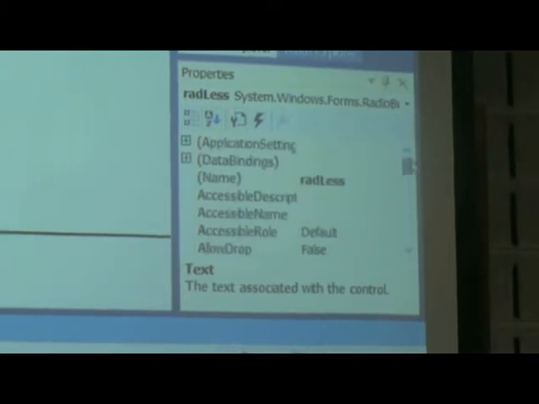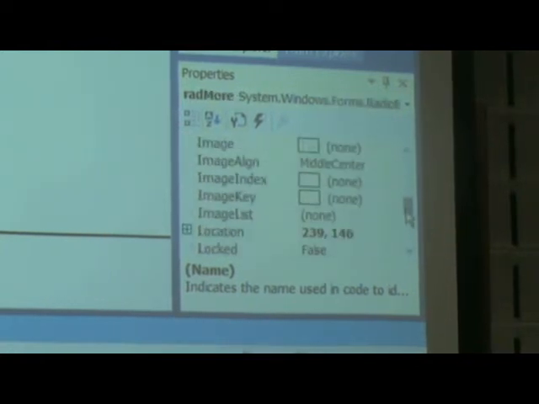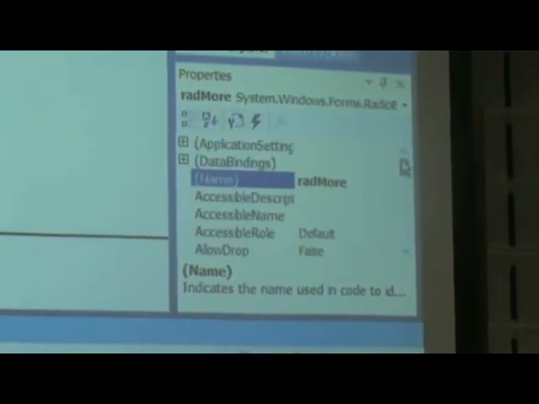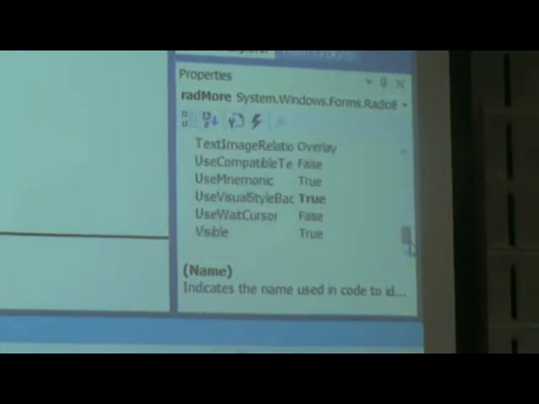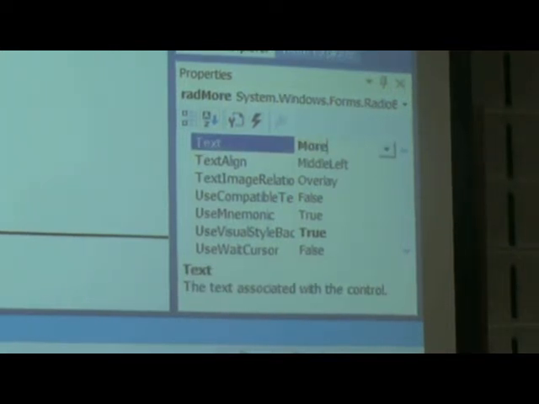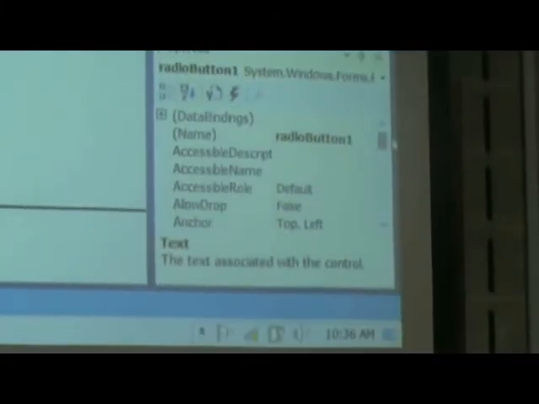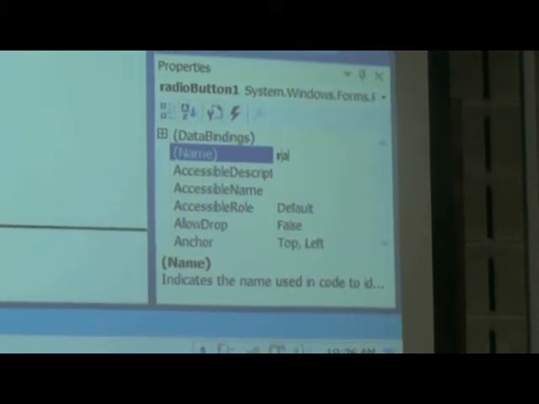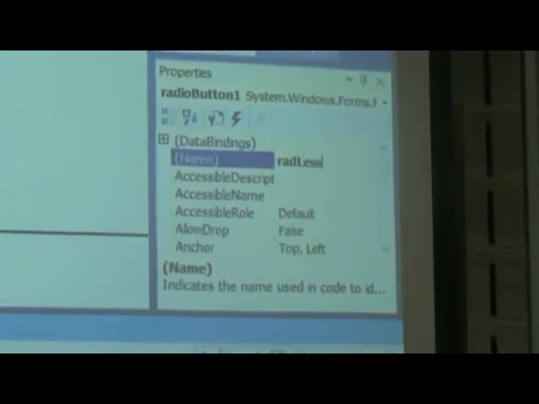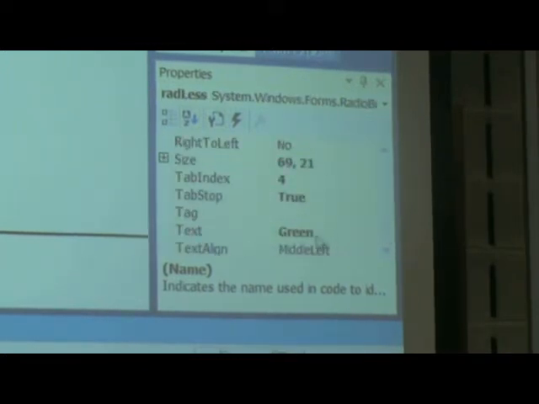And suppose the next one is more. Alright, let me call this more and I will change the left one to less. Right? Okay, so now if I run it,